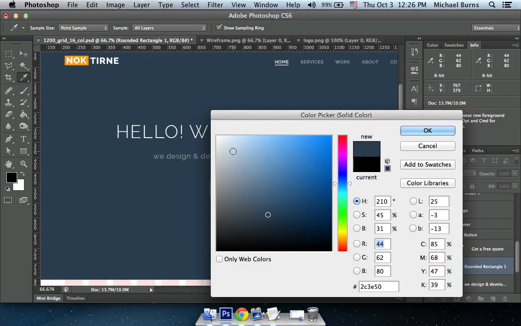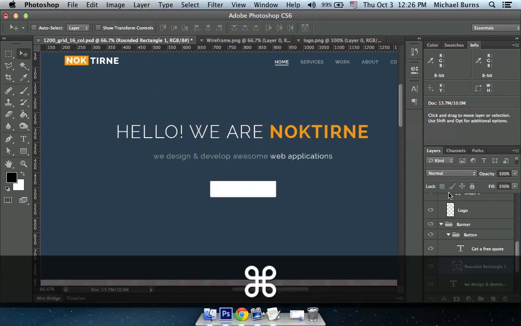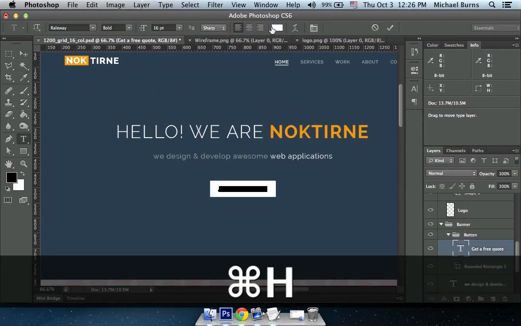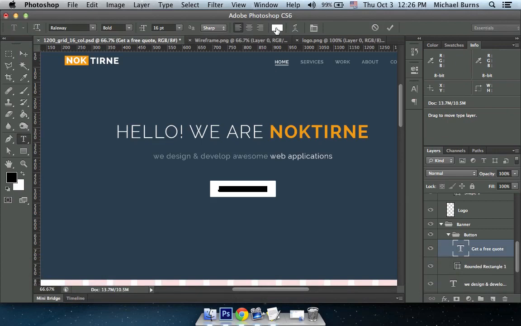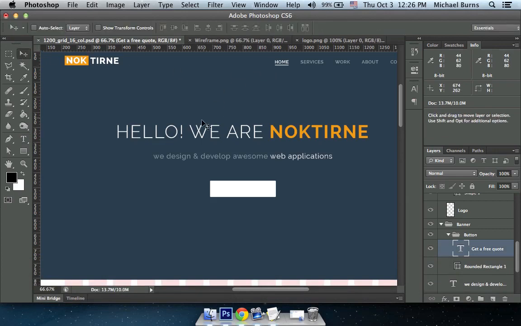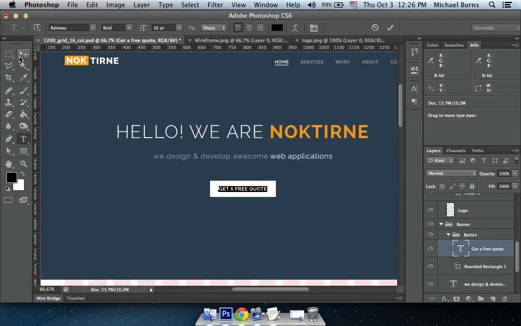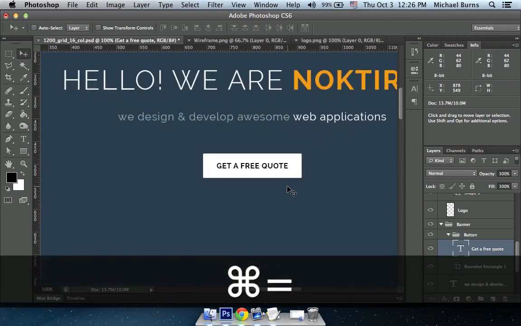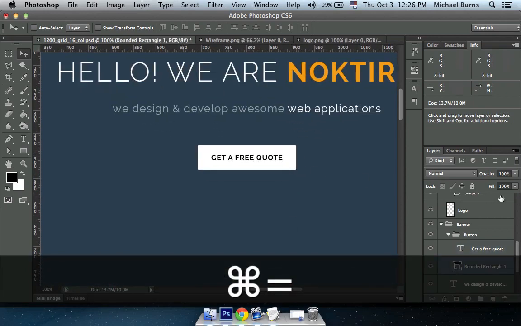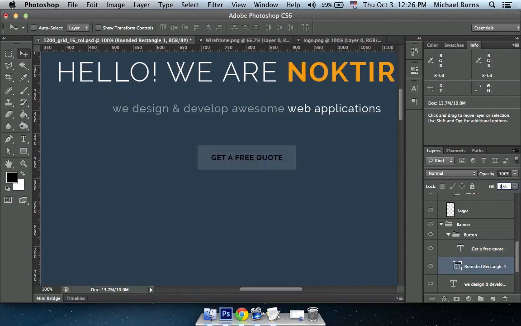So turn this to white and change the text black for the meantime. And now, the opacity to 10. And make the stroke